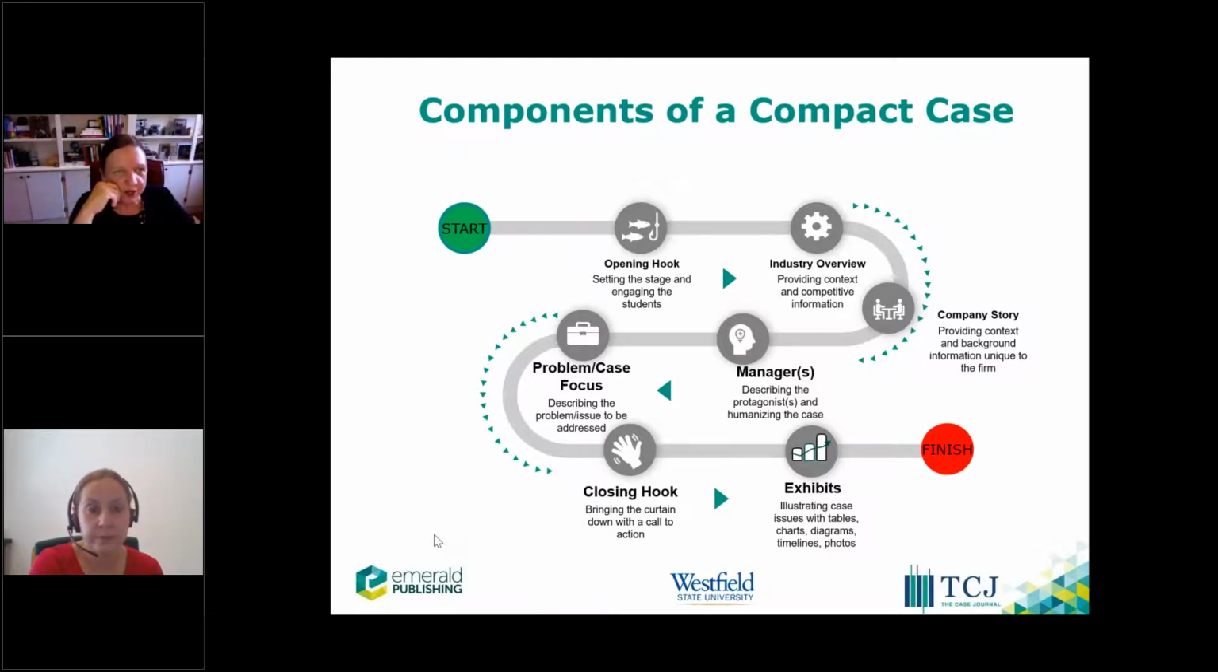and we can take all sorts of exhibits in terms of screenshots of social media posts and things like that, as well as tables, charts, diagrams. Again, think about the relevance. Some people write cases with red herrings, and what they're trying to do is to get students to discern what's important and what's not important. That could be an objective of a case, but it probably won't be an effective objective of a compact case